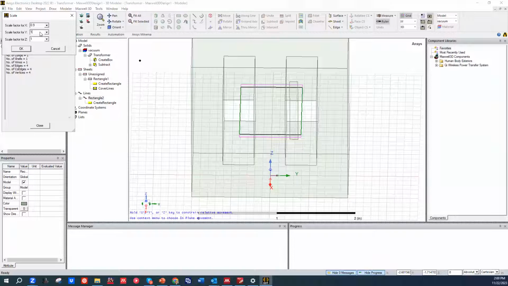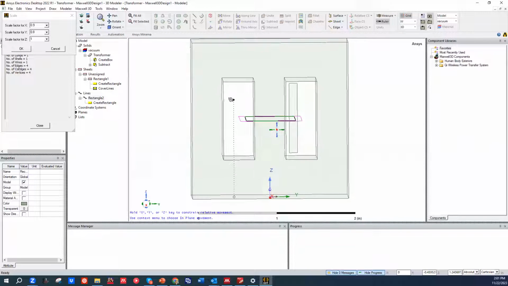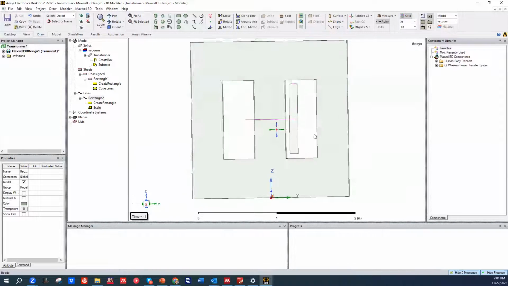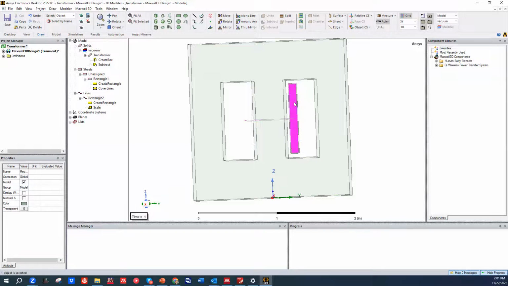And more importantly, in the Y direction, 0.9, maybe even more, like this. Okay, so now this path and the rectangle intersect,